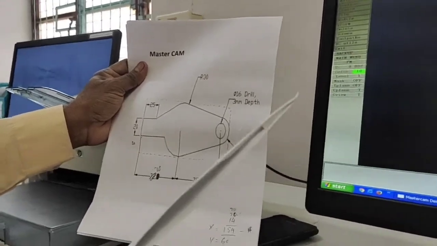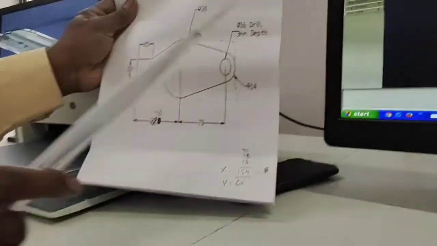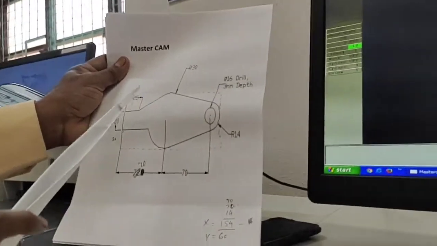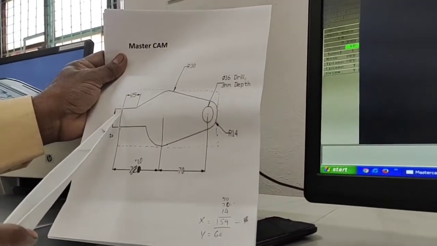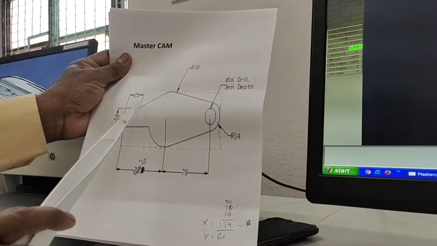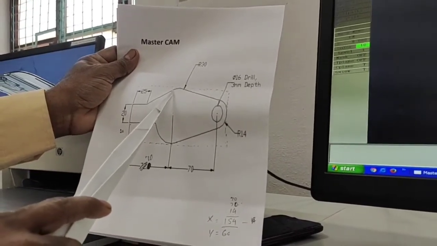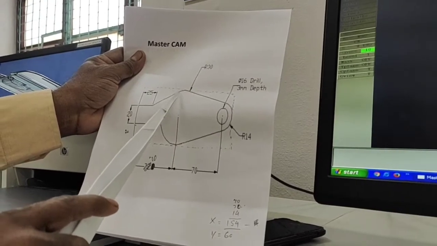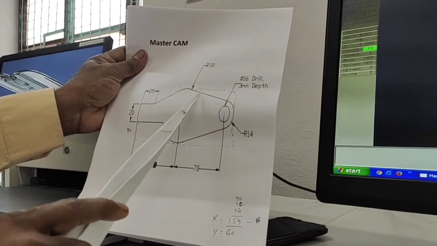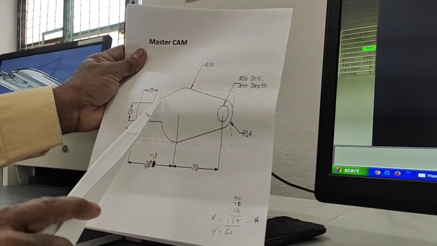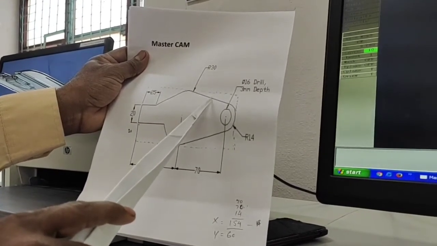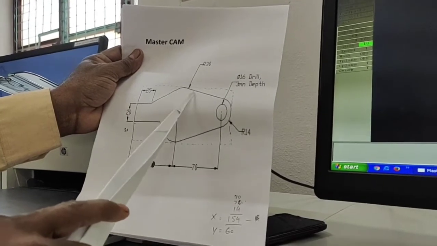So what is the advantage over the Tricad package? Here the line has a starting point and an end point, but there is no starting point or end point in this arc. This is the feature available compared to the Tricad package. We are not able to draw the particular line in the Tricad package because there is no end point.